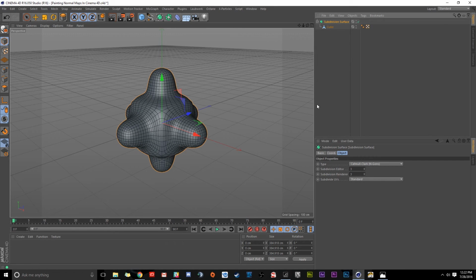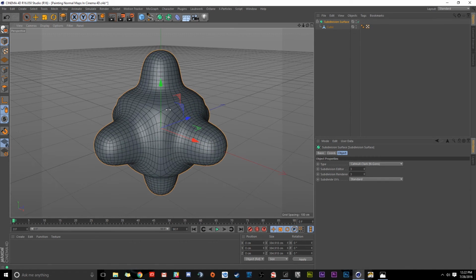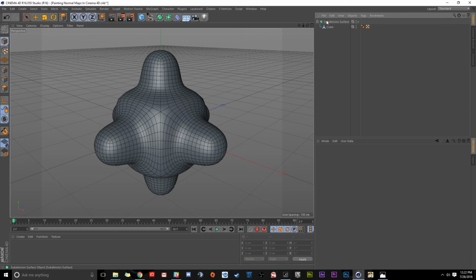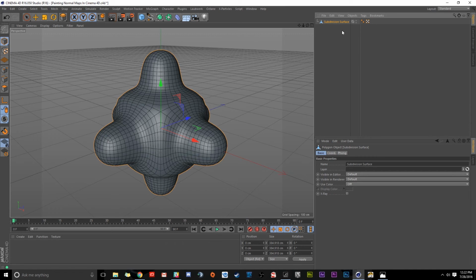And now we have a much more smooth, organic looking shape, as ugly as it kind of is, but very, very good for the purposes we're going to be using now. So I'm going to click on my subdivision surface and press C on my keyboard. Now we have made that editable with the subdivision surface changes underneath that, and you can see our polygons are